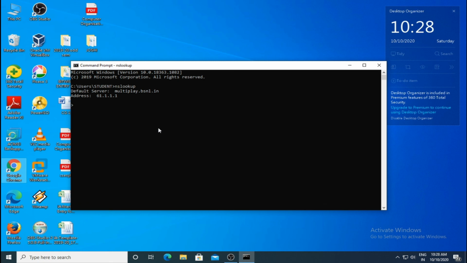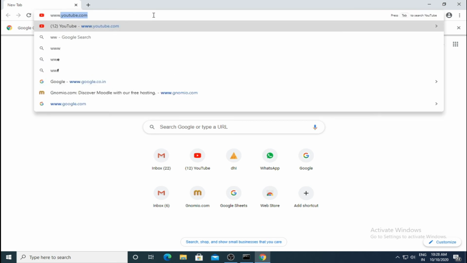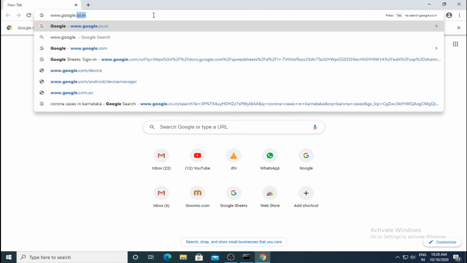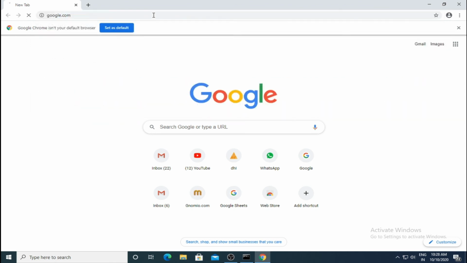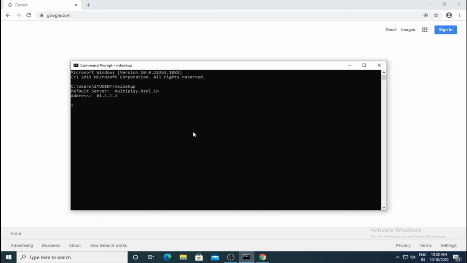Suppose I want to visit google.com. I will open a browser and type the URL www.google.com. First my browser has to request the IP address of the Google server. My default DNS server is multiply.bsnl.in, which maintains the IP addresses of host names.